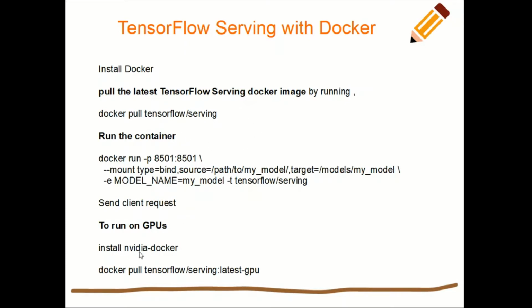In this case, we have to use the NVIDIA Docker container, and there's a difference in the image of the TensorFlow serving also. So we are going to specify something like latest-gpu, but otherwise the run command is going to remain more or less the same. Okay,